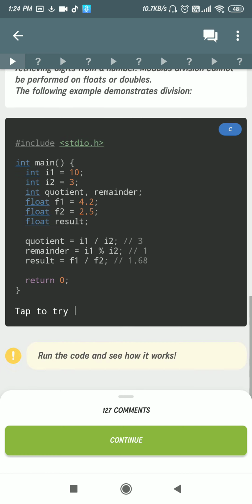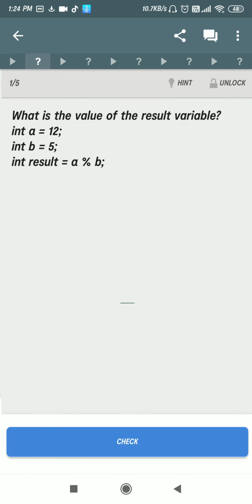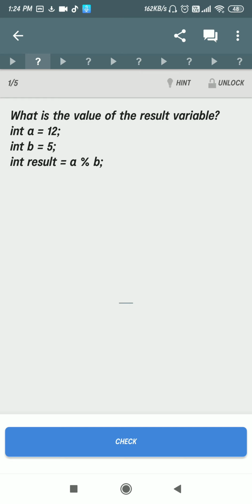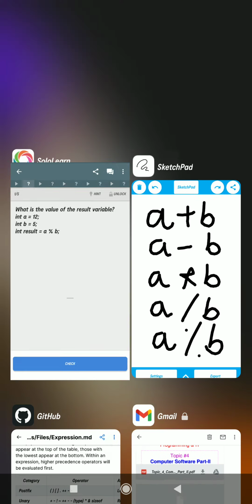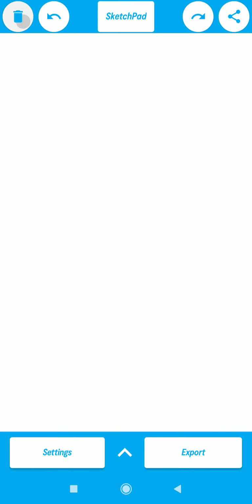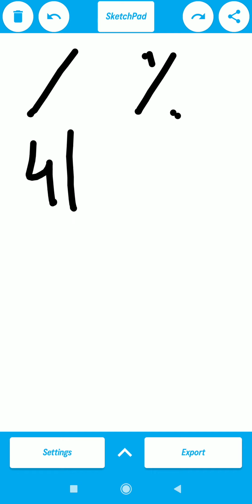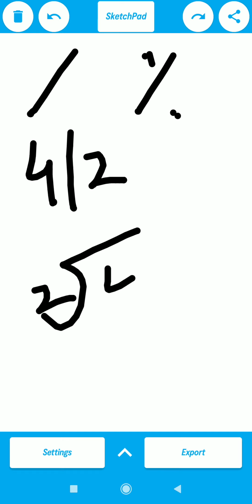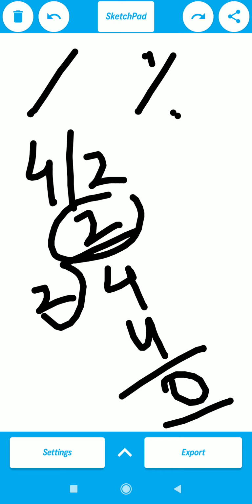Now you have completed the arithmetic operators. So this is an example of the arithmetic operators. What is the value of the result variable? Now here one thing you should keep in mind: there is a difference between divide and modulus. If I say 4 divided by 2, the result will be 2.